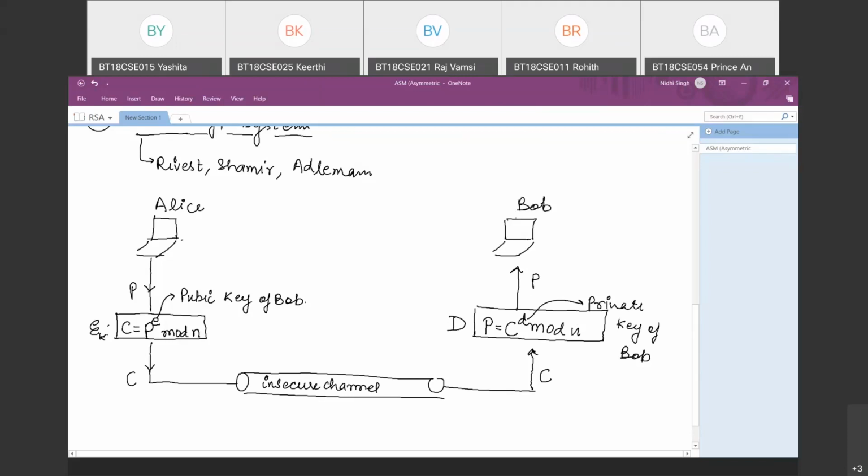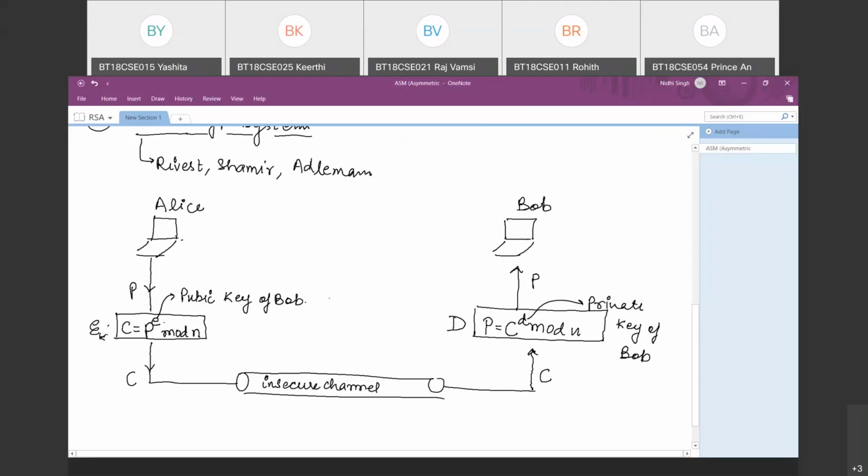So the RSA crypto system is very simple to understand. The encryption algorithm uses C equal to P to the power E mod n, where E is the public key of Bob, and decryption uses the formula C to the power D mod n, where D is the private key of Bob. Now, if we analyze, we have used only Bob's public and private key, there is no need of any key associated with Alice. So we have to apply the key generation algorithm. There should be a key generation algorithm which is responsible for generating the public and private key.